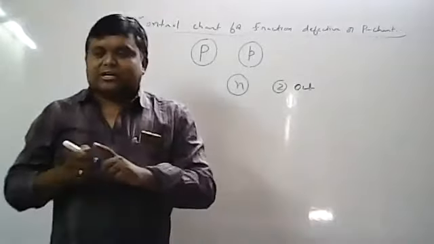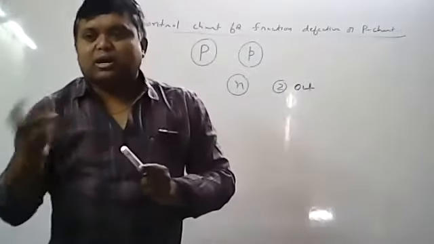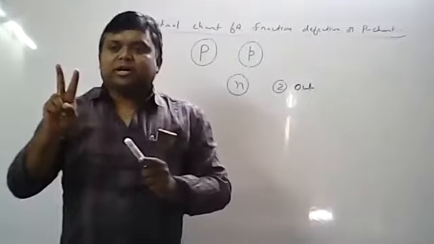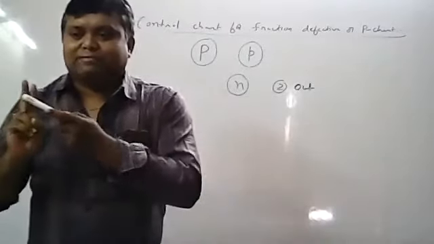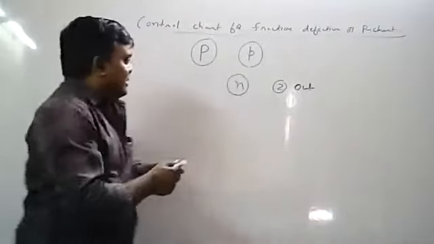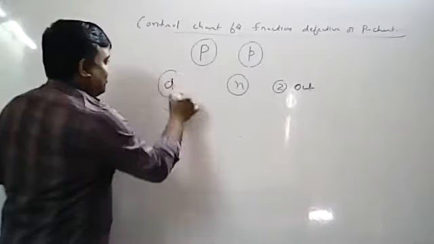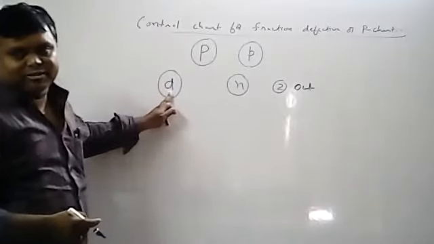In this P chart, attributes, what will you calculate? You will identify a defective item or non-defective item. How many outcomes are there? There are 2 outcomes. Either the item will be defective or non-defective. N will be finite. So D is nothing but the number of defectives you will identify. That means D follows which distribution? Binomial distribution.